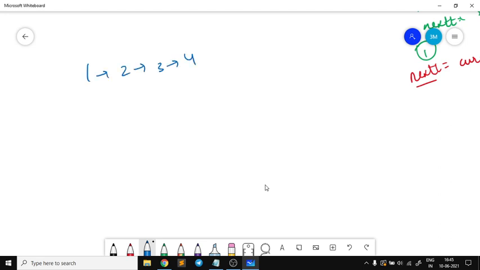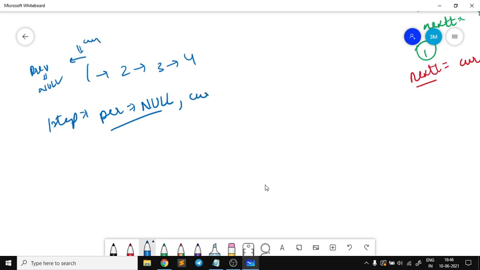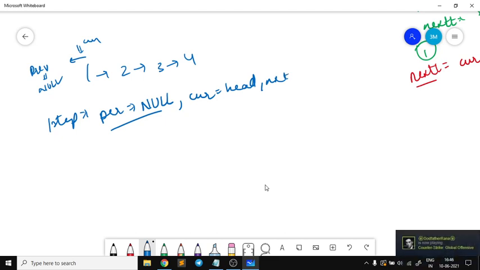Now at first iteration, for the first step, we have our previous as null, right? I initialize these values, because for the first node there is no previous, right? So previous is null. Current is this one, so current will be equal to head in the first step, and next we will look at it, right? So in the first step, what will I do? The first step was,